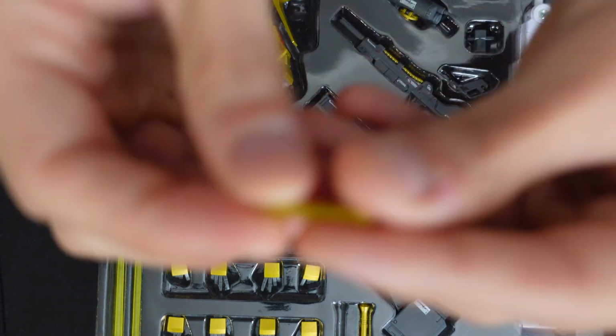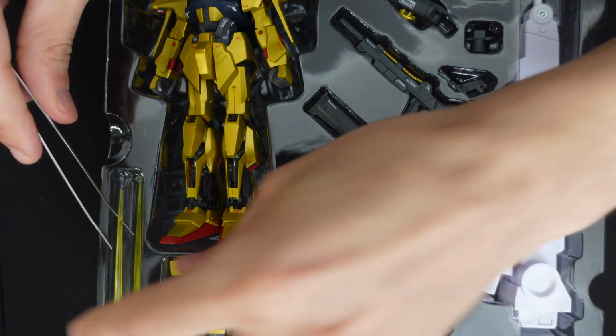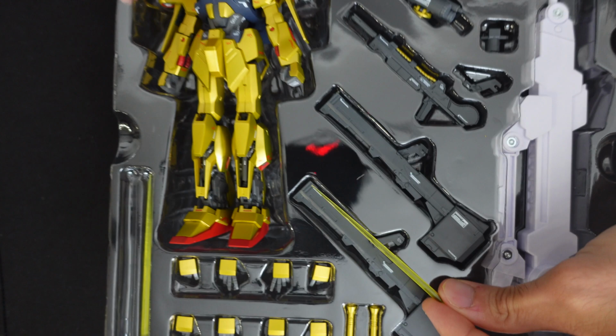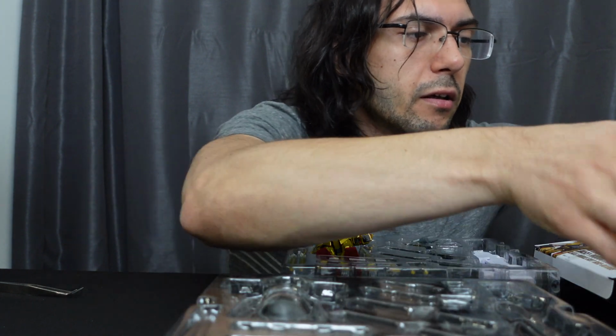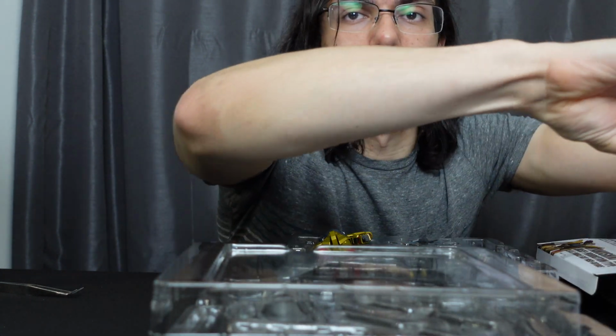Hard to get the hilts out. Got the hilts for the beam saber, and you have two yellow beam sabers. Actually fairly short beam sabers. Kind of compare it to this for a little length. It seems smaller than the normal ones, but not that big a deal. All right, and then all that's left is